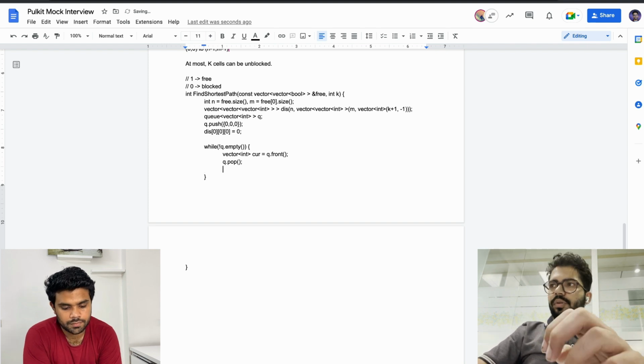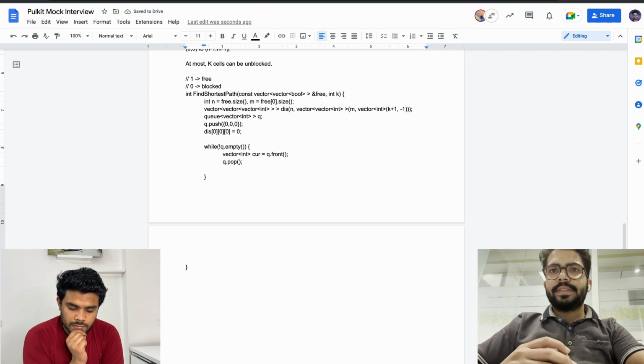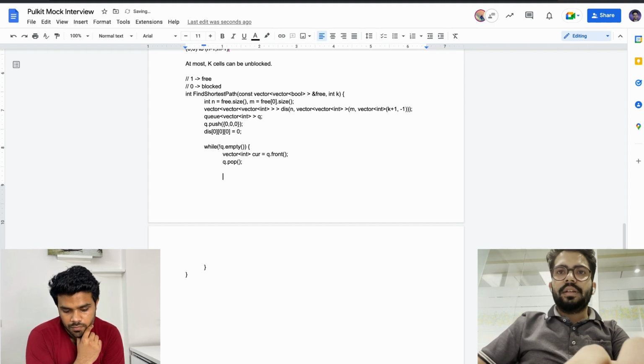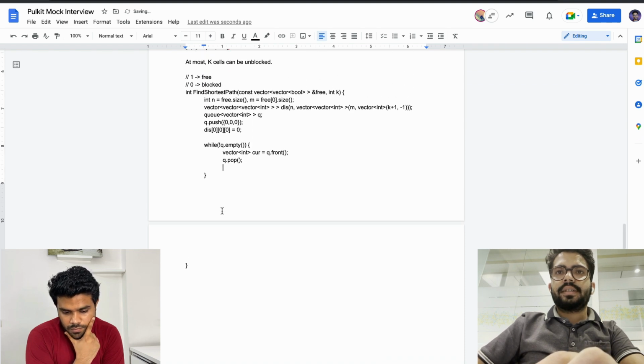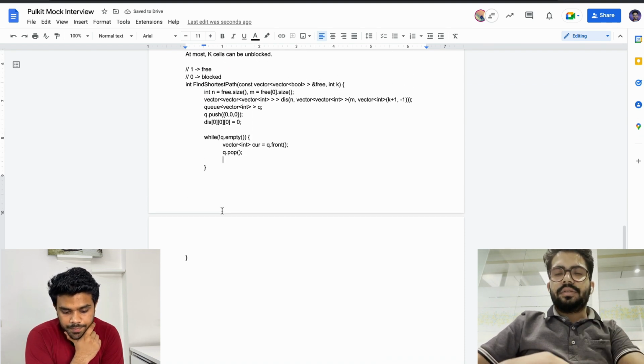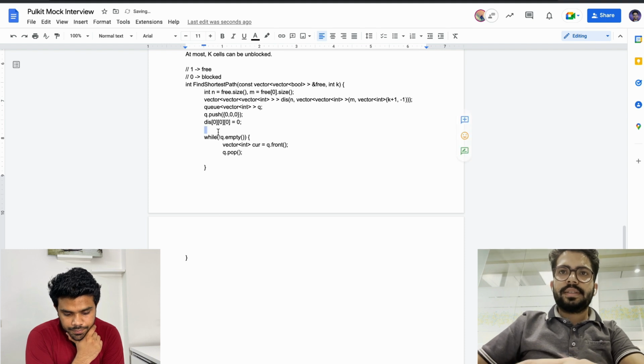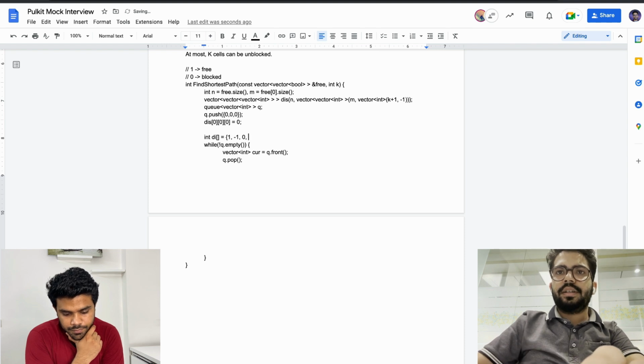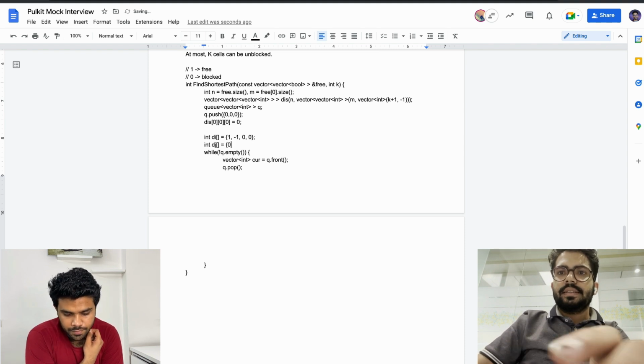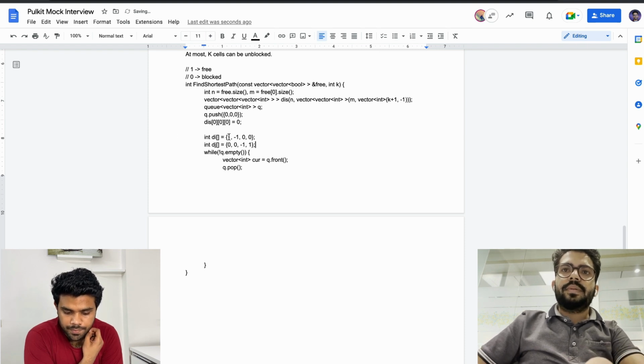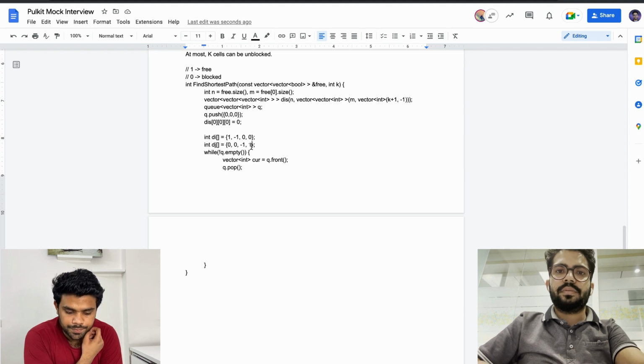So now what do I want to do? I want to iterate over the children, so basically the neighbors of this particular node. For this purpose, I like to do it like this. I have int di, which is going to be 1, -1, 0, 0, because these are the directions in I that I can move to. I'll have this dj, which will be 0, 0, -1, 1. So basically, there are 4 possibilities, right? I plus 1 j, I minus 1 j, I j minus 1, and I j plus 1. So these are the 4 possibilities, right?